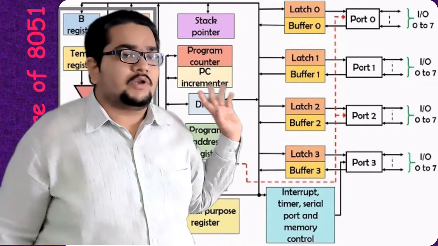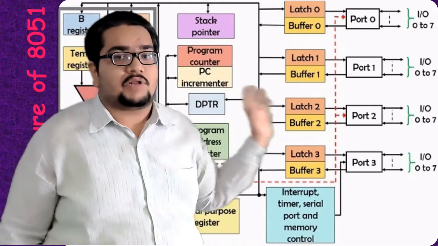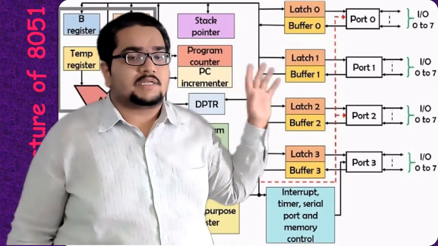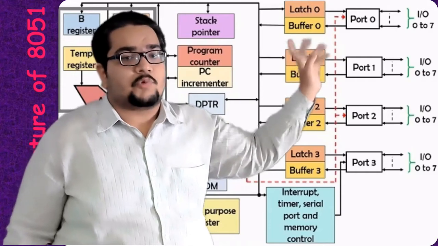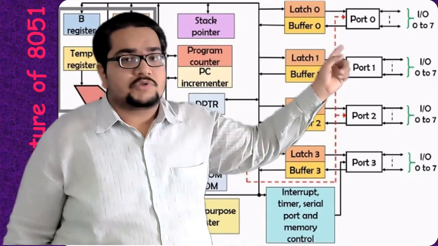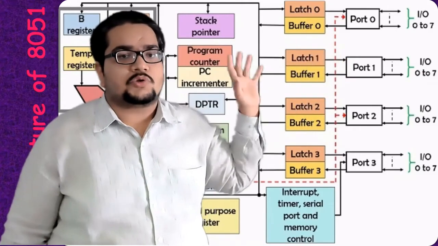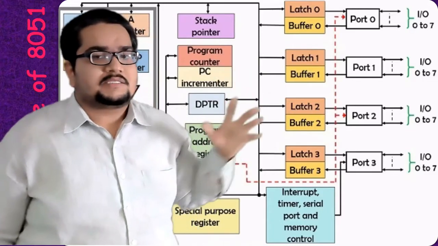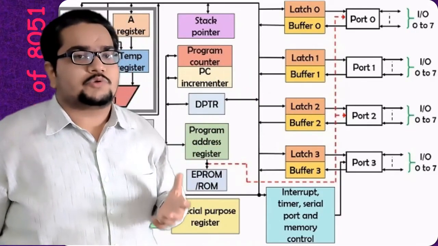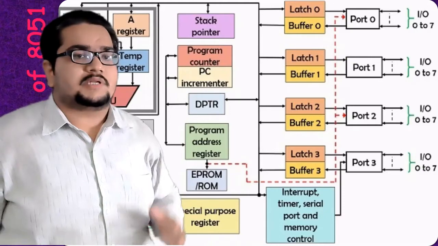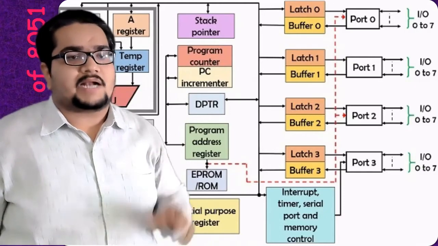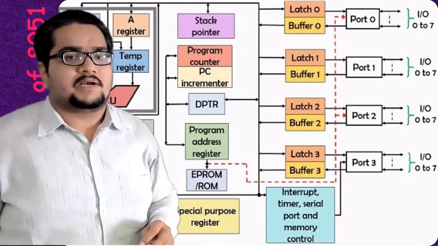Whenever the processing unit of the controller wants to access data at a certain port, it will send the address of that particular port onto the IO ports, and the corresponding latch will store that address, such that while the transaction of the data is going on, that port is activated and remains active till the data transactions are completed.